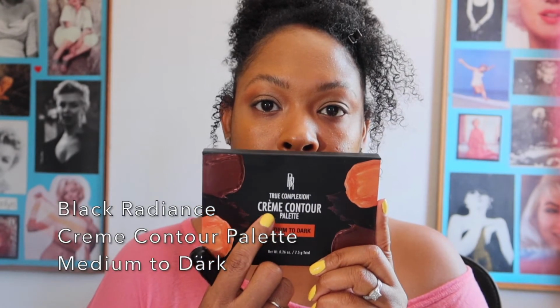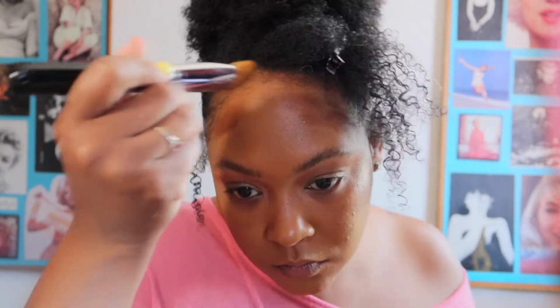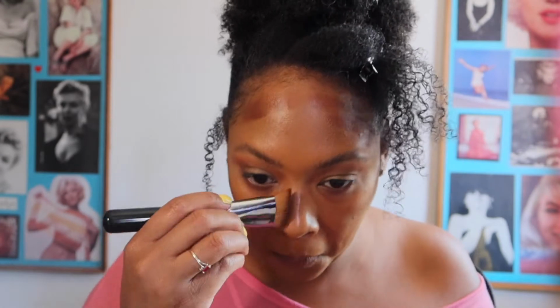Next, I'm going to go into my Black Radiance Cream Contour Palette in medium to deep. I brought you the powder version of this, and I was in Target and I found the cream version, and I was like, yeah, I need to try this. So that's what we're doing. This is actually my first impression on it, and it's definitely worth your couple coins, because I think it's literally $6. So I'm just putting the darker color all over where I would want to contour